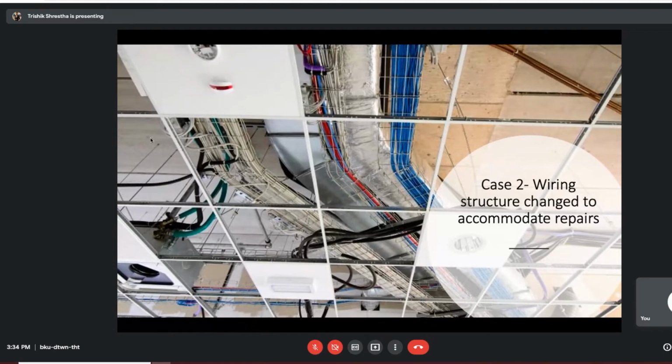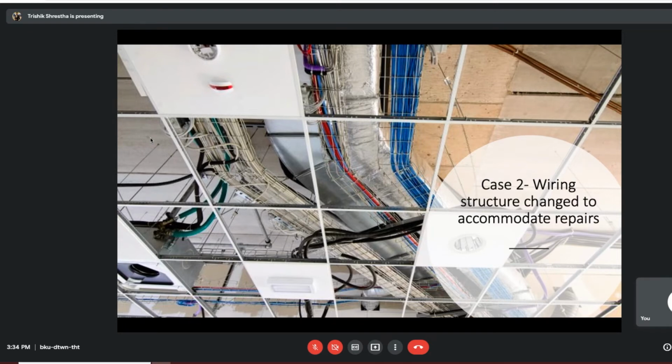And the customer was not a very cooperative customer, right? We were facing a lot of problems regarding the finishing of the wiring structures. We were facing a lot of delays because the customer was asking us to completely redo what we had done, and the customer wanted to make repairs as easily as possible after the construction phase was completed, after the handover phase was completed.